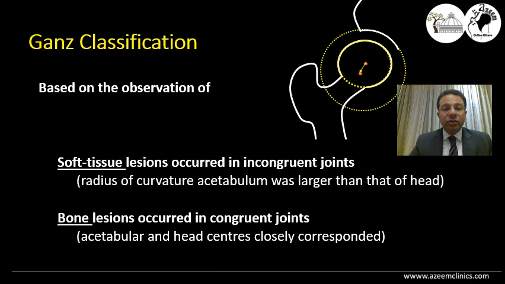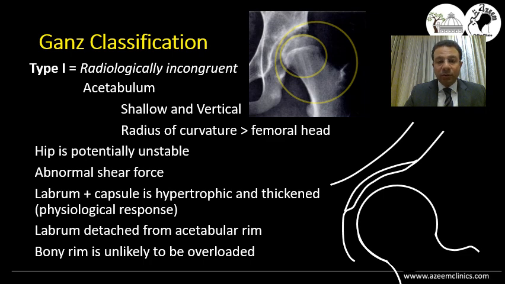Based on these observations, they noticed that soft tissue lesions usually occurred in the incongruent joints, while the bony lesion occurred more in the congruent types. To understand this more, if we look at type 1, which is radiologically incongruent, here the acetabulum is shallow and vertical, and that's why its radius of curvature is much bigger than